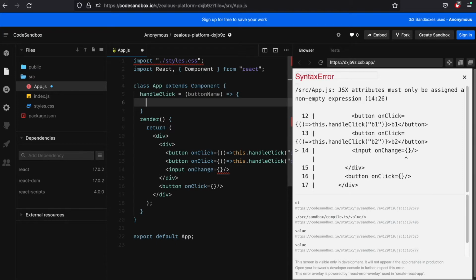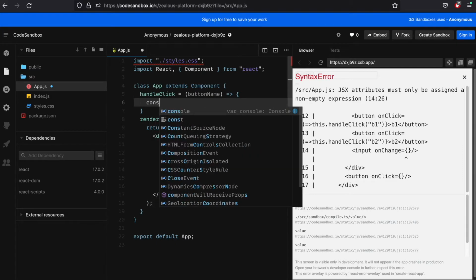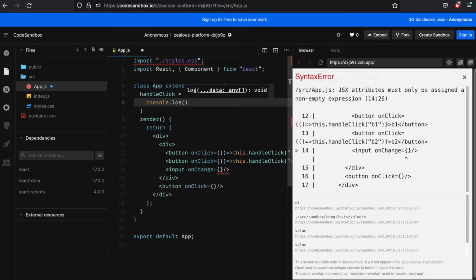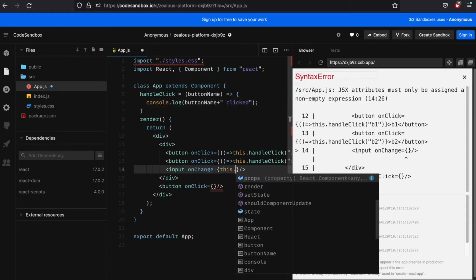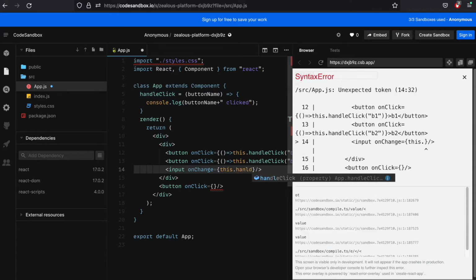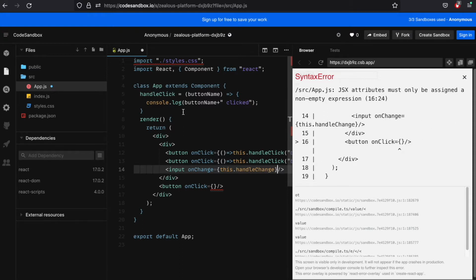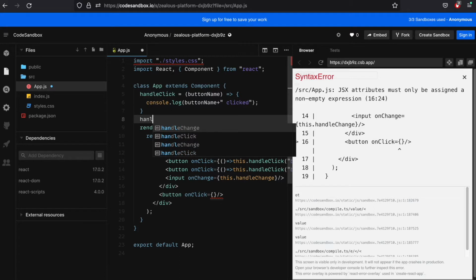and I want to log which particular button is being clicked. Okay, so button name plus clicked. Change of the input: this dot handle change. Okay, so I want to make a function here, handle change,